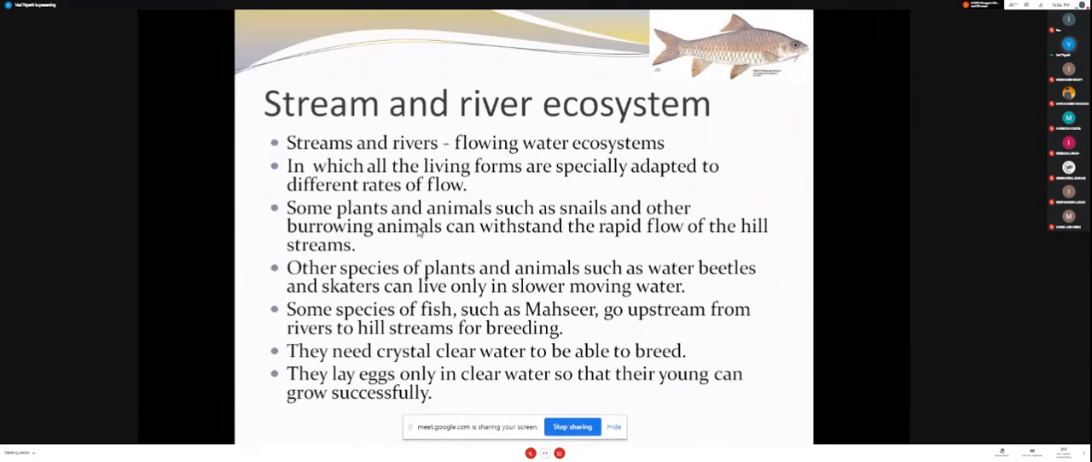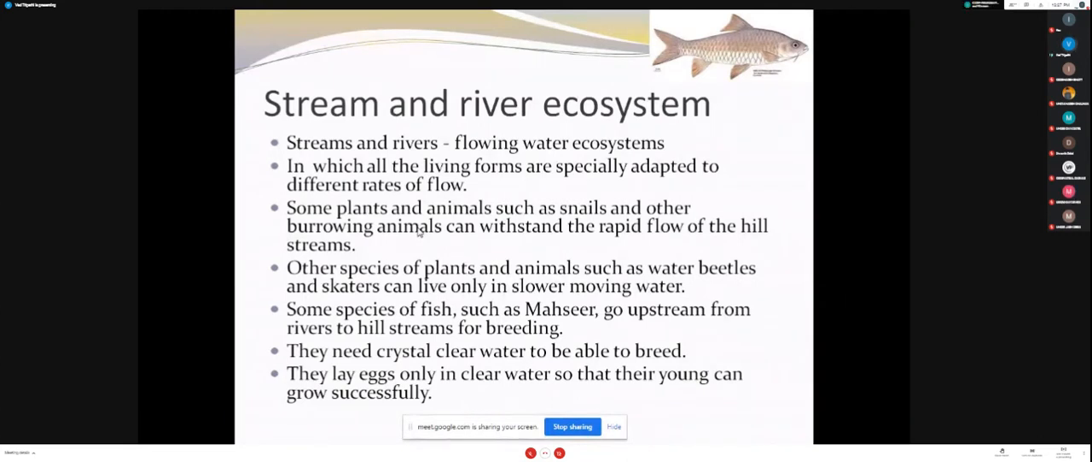these waters they breed and give birth to the eggs, young ones. So these mahseer fishes have adapted themselves to higher flow rates of water and they breed in the higher flow rate water where the water is very crystal clear. In these regions the water is clear, and that is why it is essential for the eggs to grow